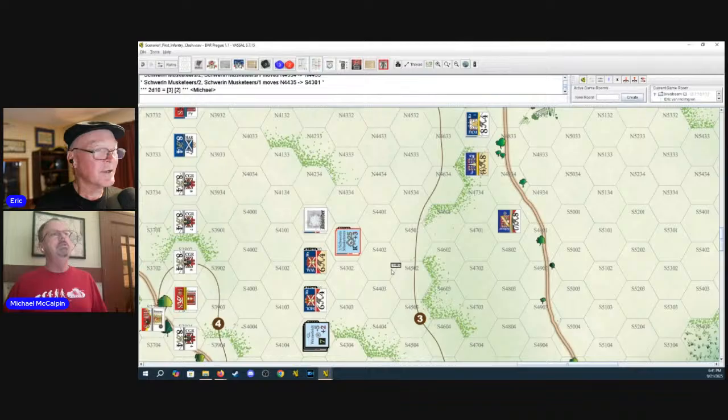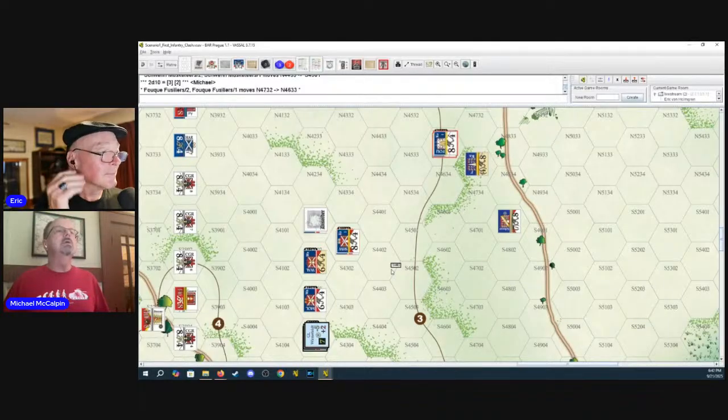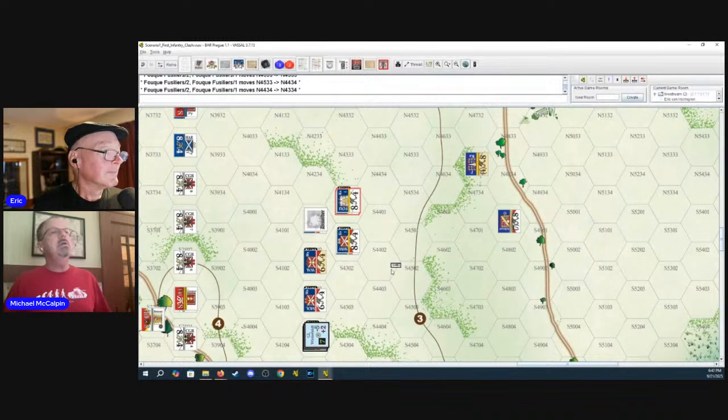And you rolled a 32. Just did it. So they are not disordered, and that's a marvelous thing. And then we'll move this other stack here. That's going to be 1, 2, 3, 4. And because he didn't go up a slope, he actually doesn't have to roll a disorder check because he didn't